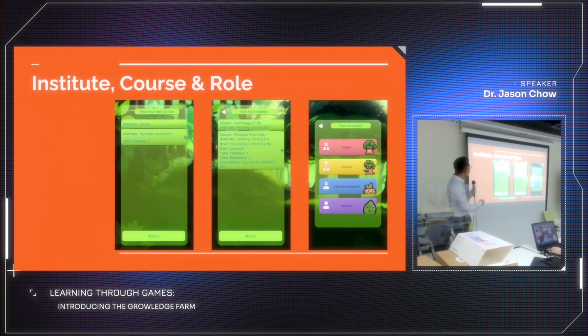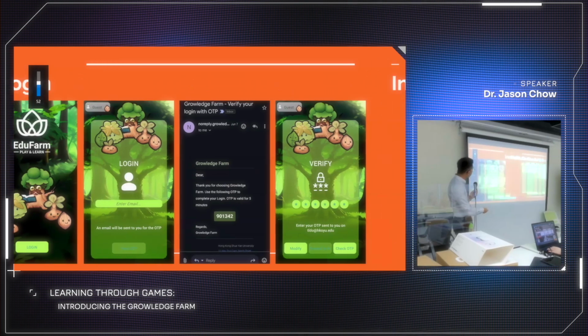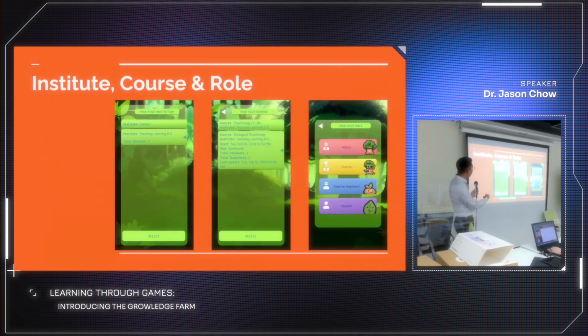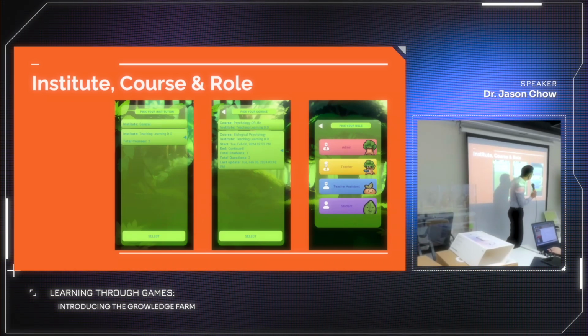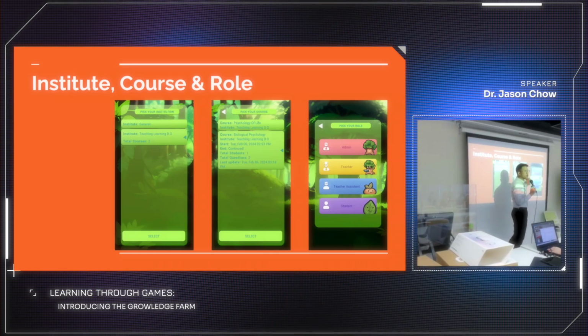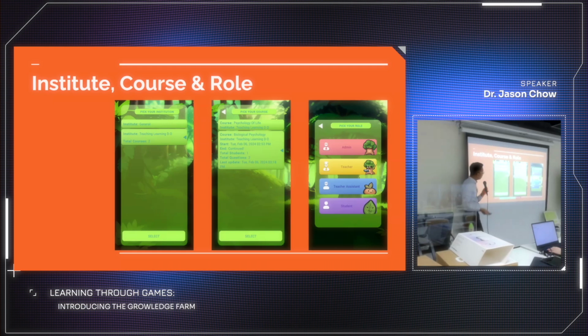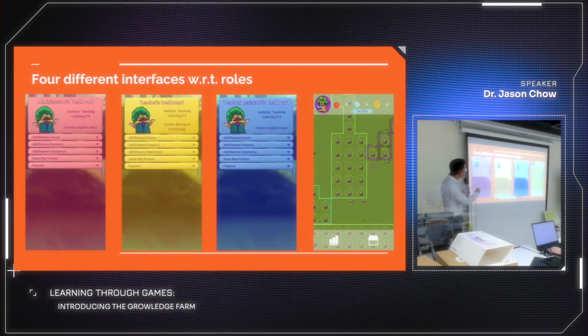Okay. So now, if you enroll as a teacher or student, I mean, if you use the email to log in, then you can choose your institution, and then you can pick your course if you're enrolled in a course, and then you can pick your role, like admin. Usually you won't serve as an admin because the Teaching and Learning Development Office staff will serve as the admin. Then you can choose either teacher, teaching assistant, or student. These are the different interfaces for different roles. If you're a student, you should be able to see this one.